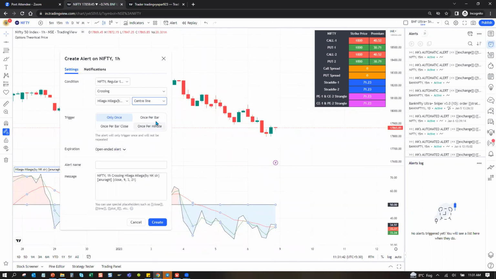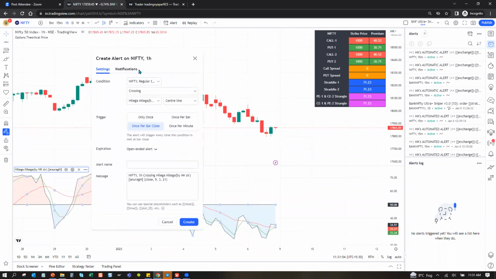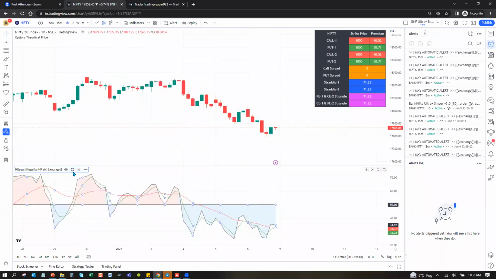So can we combine alerts for multiple lines here? Suppose we have 3 lines, and we want that when some line crosses some other line, it gives an alert. In this one you cannot in the standard alert, but if, for example, NK sir or whosoever published, Mr. Anurag, has hidden the code for this, then if I'm a coder, I can write the conditional alerts.